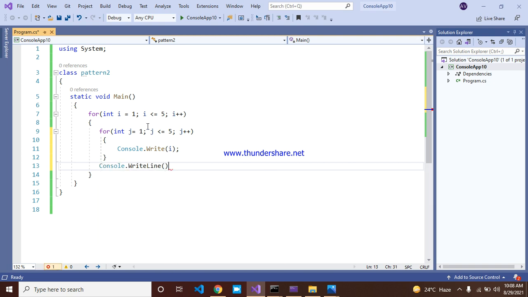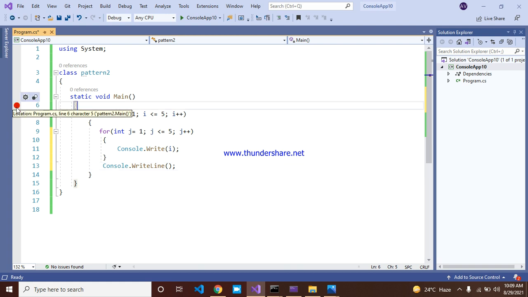In C# it's easy, because debugging is available. You can easily understand what is going on in this code. You can go to this line, click the mouse over here to get the red dot, and press F11.